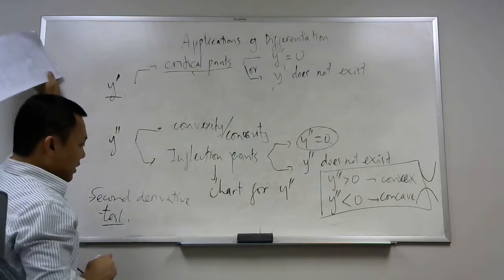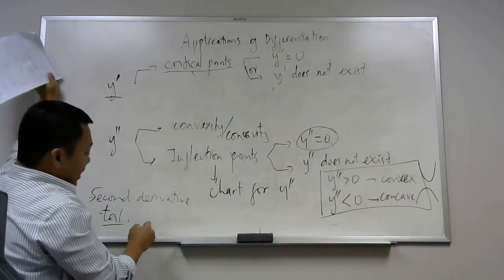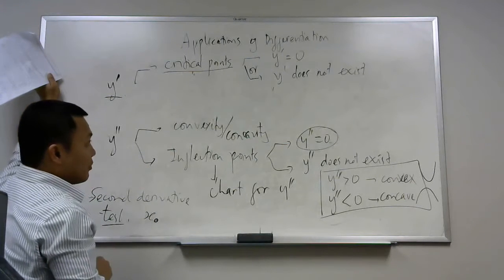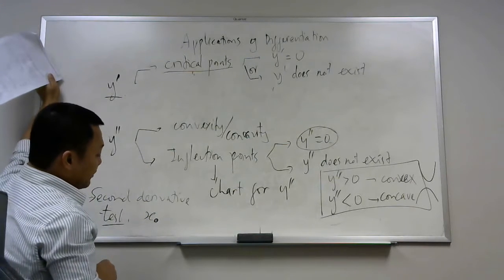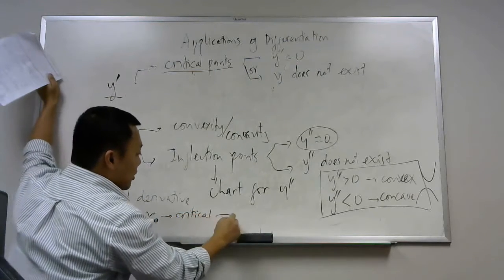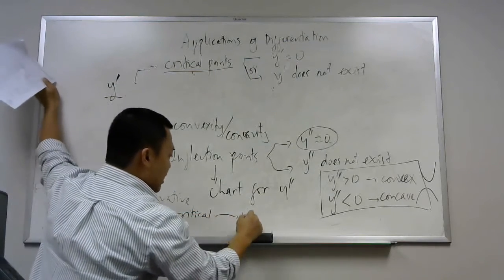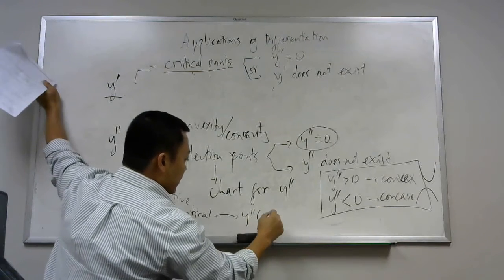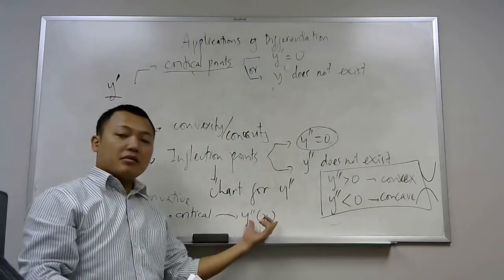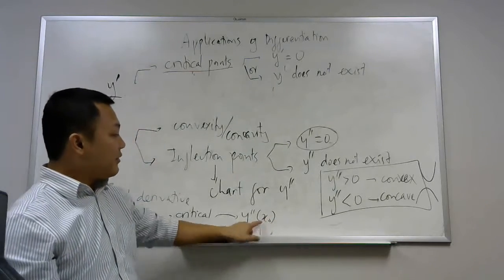How does it work? It says if you have x0 as an extreme point, a critical point, you plug x0 into the second derivative, to find the value of the second derivative at x0. If